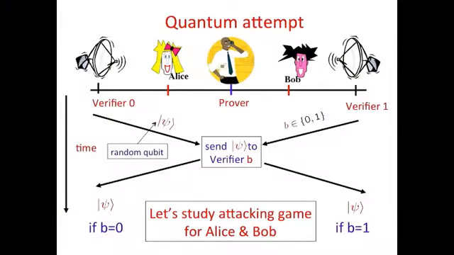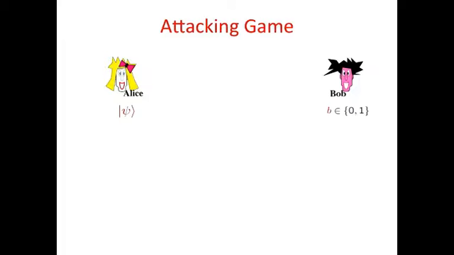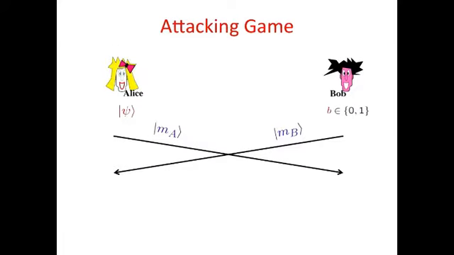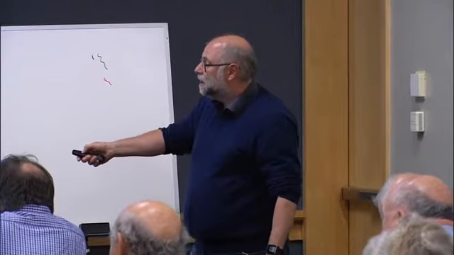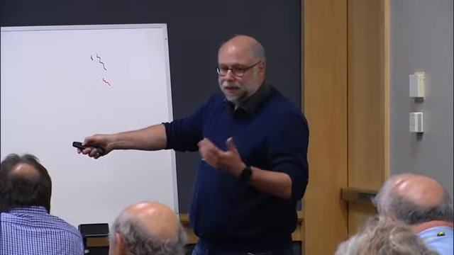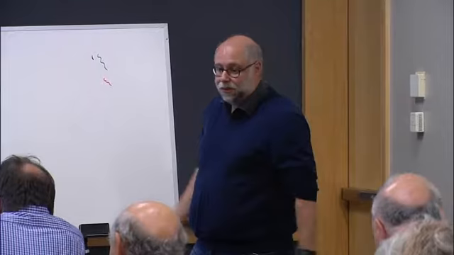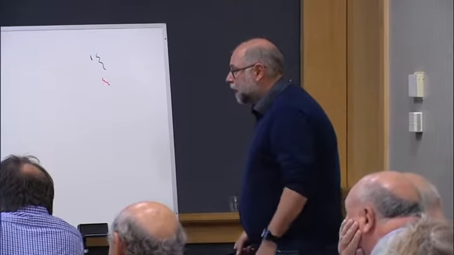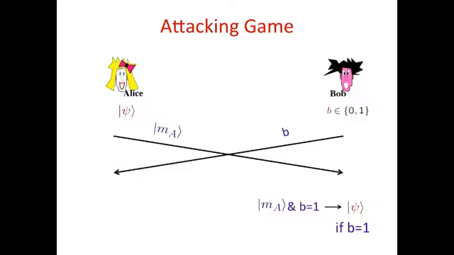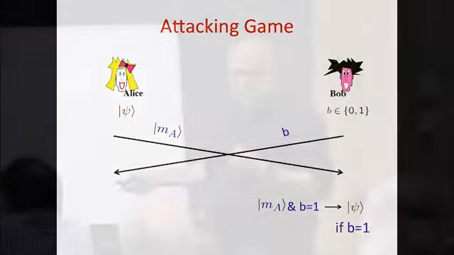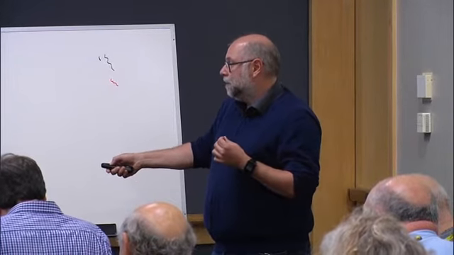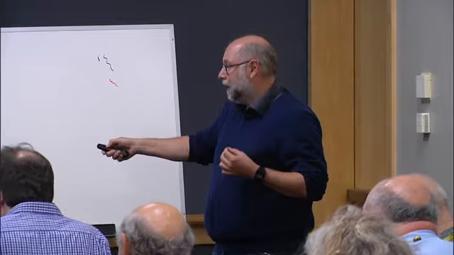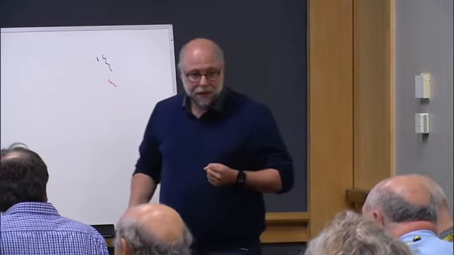So let's study how Alice and Bob can fake this. Alice and Bob are allowed to send each other a message, and without loss of generality, you may assume that Bob just sent his classical input, because that's all that he has. And Alice has to prepare somehow a state depending on her input state, and she may keep some qubits at home and send on some qubits to Bob. Note that if the bit is 1, then Bob has to output the qubit that Alice received. That means Bob is able, from the message that he receives from Alice and the fact that B is 1, to produce this state.